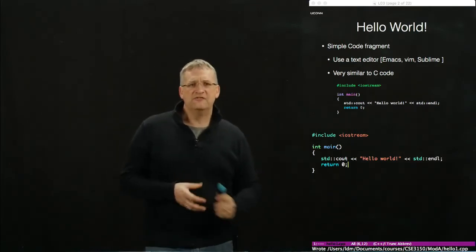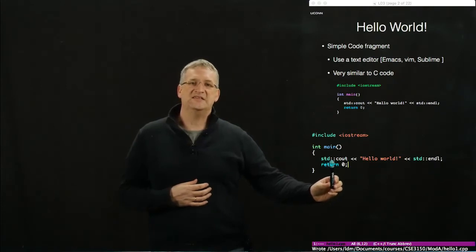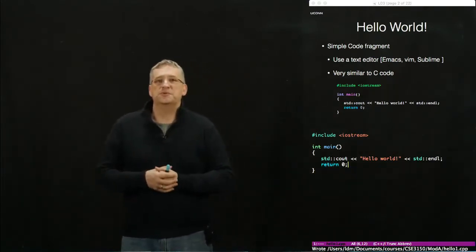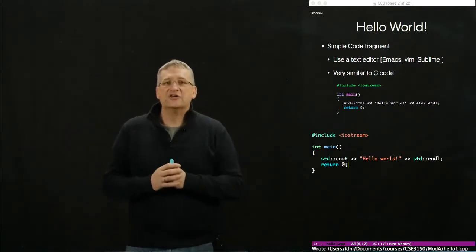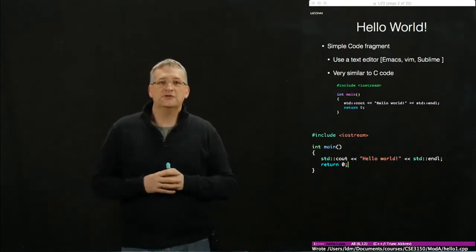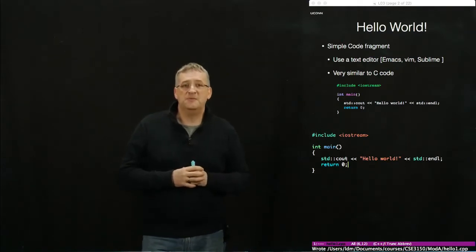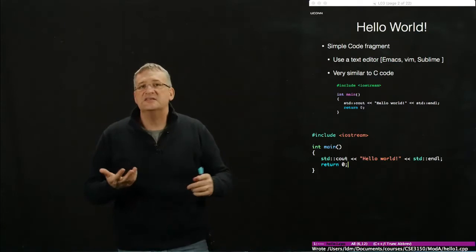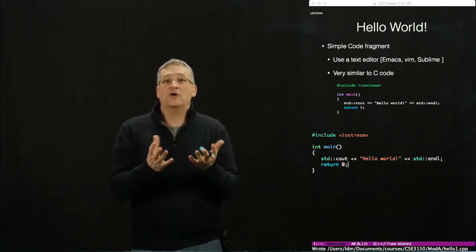Now, something that's kind of interesting, and if you recall Java, you will quickly understand what this is: this std bit. It basically means that the object cout, which represents the standard output, is not directly available to you. It's actually in what Java would call a package, and C++ calls a namespace. So a namespace is a collection of variables, functions, classes that are grouped together because they are forming a cohesive